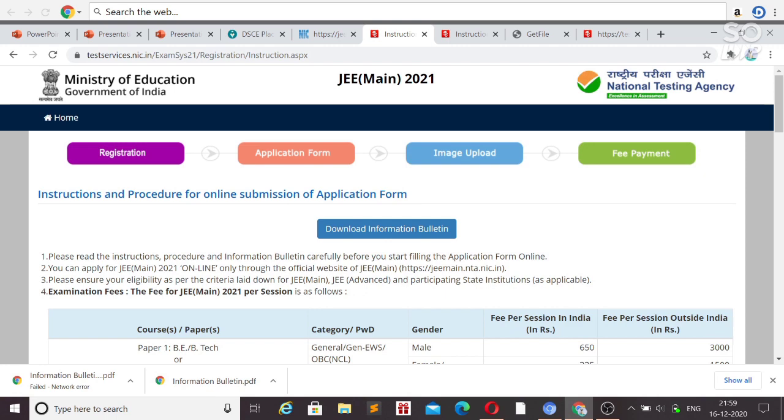The registration number is very important for future reference, as you will need it to log in to this page again and again. Then the application form will be generated and you have to upload the image of your photo, signature and the respective category certificate, and then you have to make the payment and your application will be done.